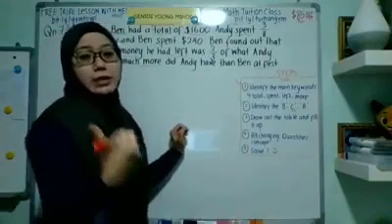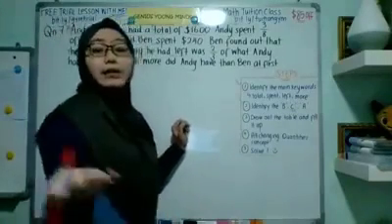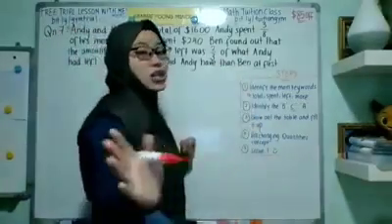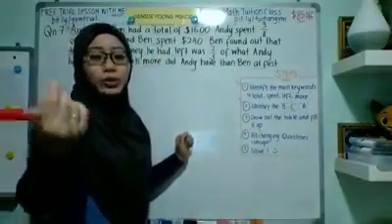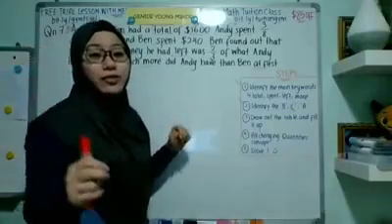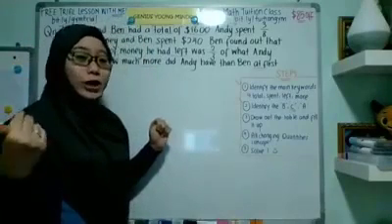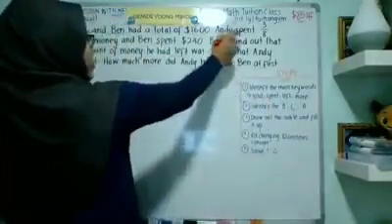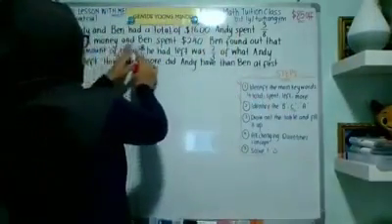So if you have spent, if you have throw, if you have buy, if you have taken away, all this is actually change keyword, right? So we use different kind of vocabulary for mathematics, okay? So they need to know and identify these main keywords first. So Andy spent 3/8 of his money and Ben spent